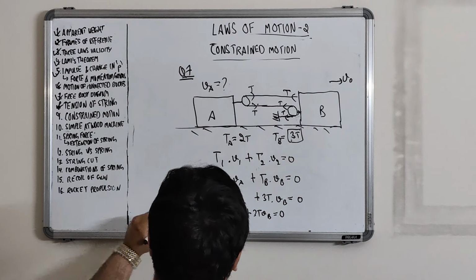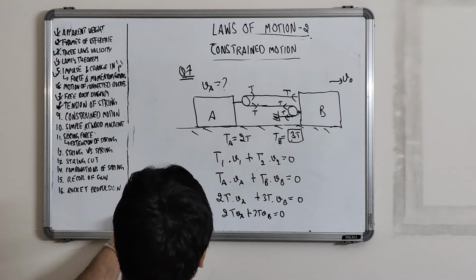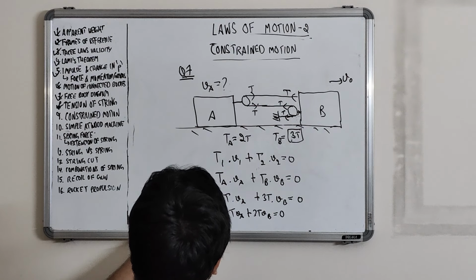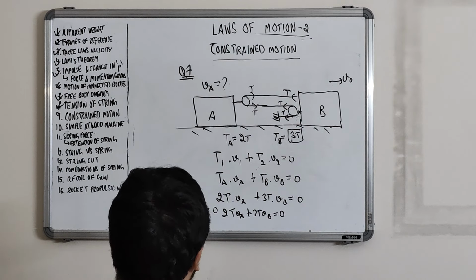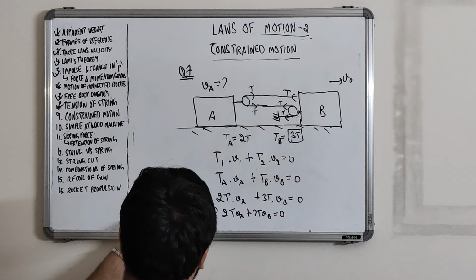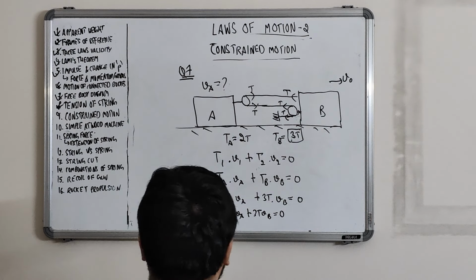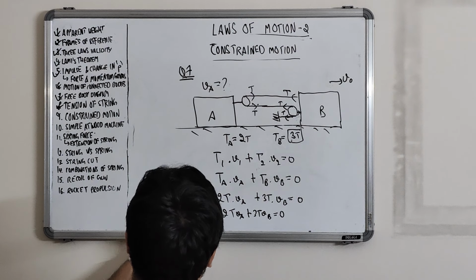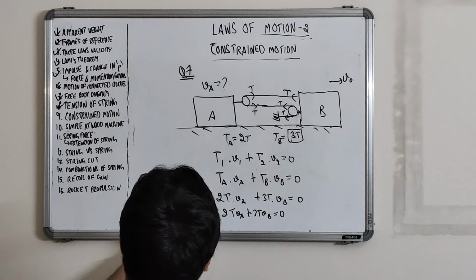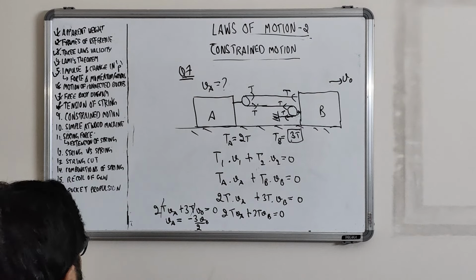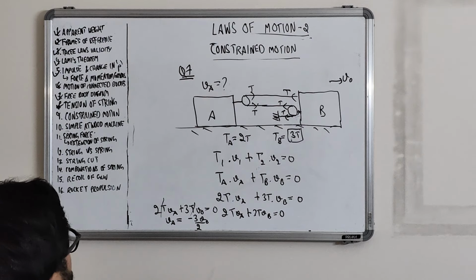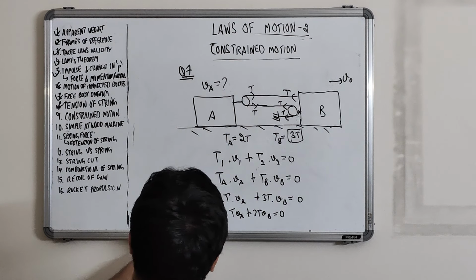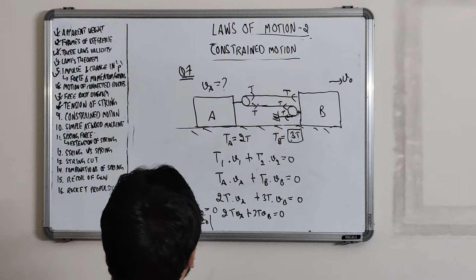VB is V naught, so we get 2T VA plus 3T V naught equals 0. Now T and T cancel out, so VA is equal to